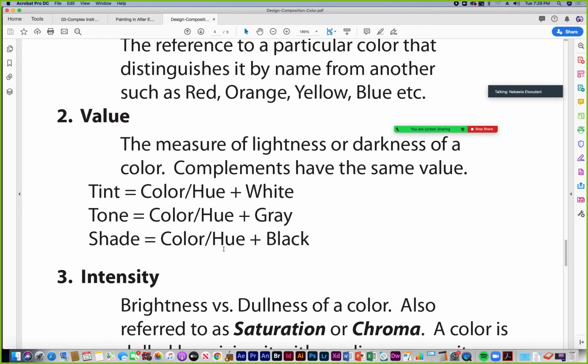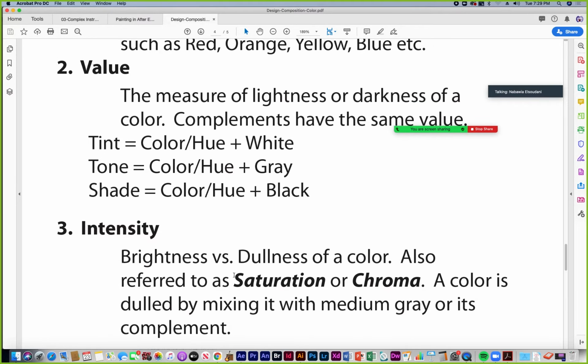Then the next one is intensity, which I've mentioned is also known as saturation. When we're working in digital art, we refer to intensity of color as saturation, which is the level of pure color versus neutral, versus dullness of a color.